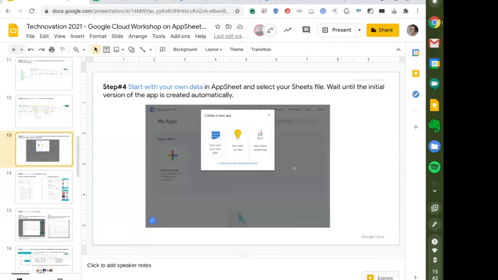I just went early. So you will choose start with your own data, and then you created your sheets already. Start with your own data. You can either point to your sheets or you can just leave it there and go back to sheets and pick it up. But maybe it's better. Select start with your own data and your data spreadsheet is already there.